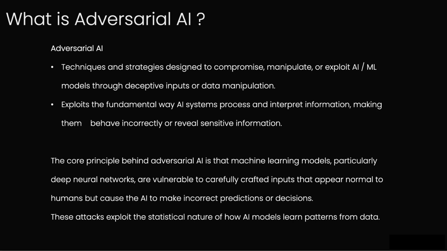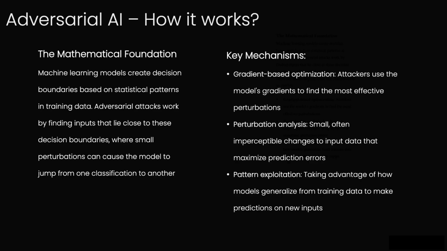They specifically exploit, let's call it, the statistical nature of how AI learns. Models learn patterns based on probabilities, on correlations in the data. They don't understand things like we do. So it might recognize a cat based on a bunch of pixel statistics, not because it knows what a cat is. Precisely. So if you cleverly tweak those pixel patterns, just slightly, in a way we might not even notice, the model's calculation might suddenly shift. And it classifies that cat as, I don't know, a car or something completely different, even if visually, to us, nothing really changed. So it's less about tricking its thinking and more about messing up its calculation. That's a great distinction, yes. It's about the calculation based on those learned statistics.